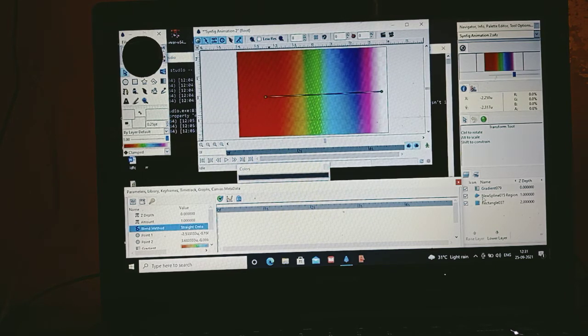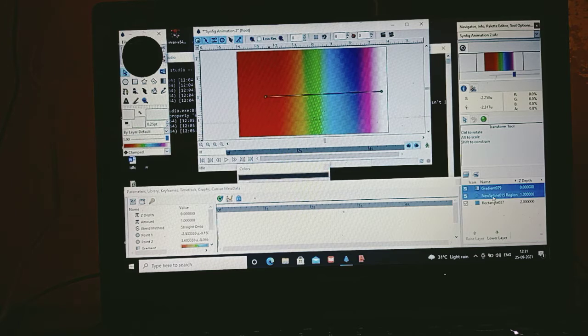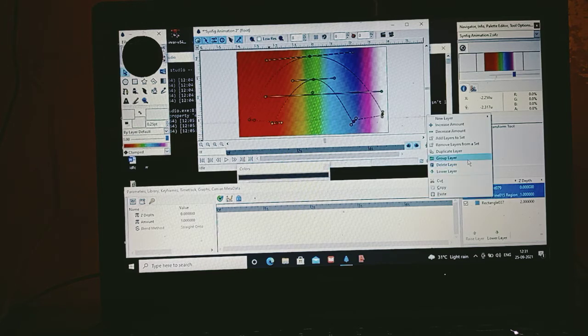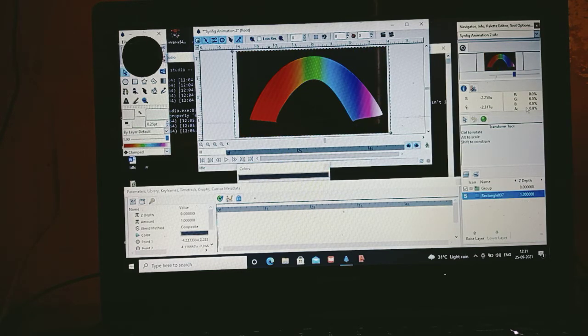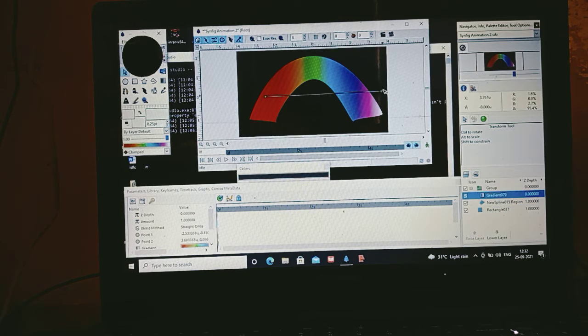Now what you will do is group the gradient and SP line, control gradient SP line. Now you will group this. So now as you can see, the gradient is applied on the semicircle itself. Now you can adjust it also, like if you want to adjust the gradient layer, click on gradient, and likewise you can adjust. Just see here, more white, or if first you don't want to keep white, then here this.